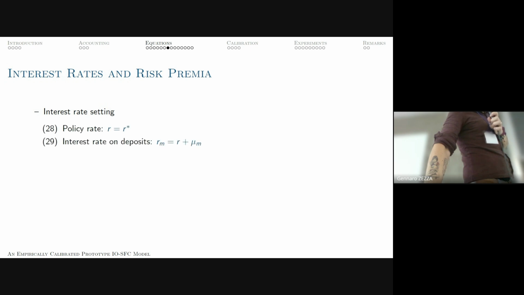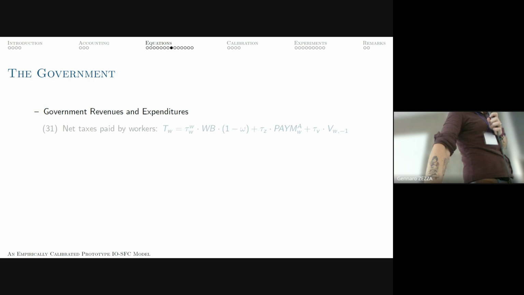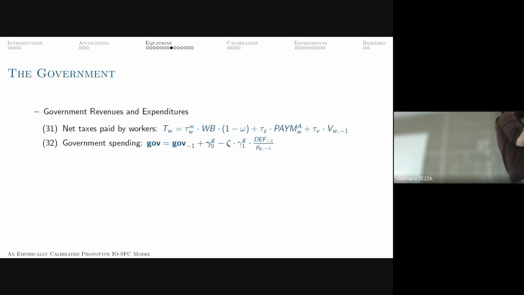Interest rate setting is quite standard again, so nothing to be said here. Taxes are quite standard. The only aspect I don't like, and I'm going to change about this model, is that taxes for now are only levied on households. And I need to introduce taxes for firms. Shouldn't be too complicated, but I need that for performing future exercises. So this is the only aspect I'm sure I'm going to change in the next few weeks. But I don't expect the behavior of the model to be affected by this change.